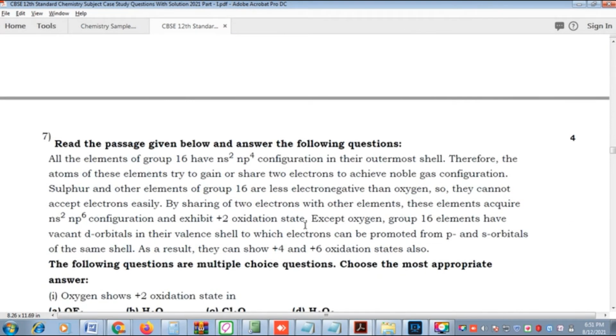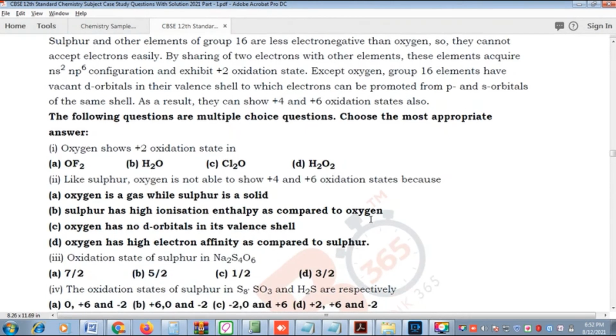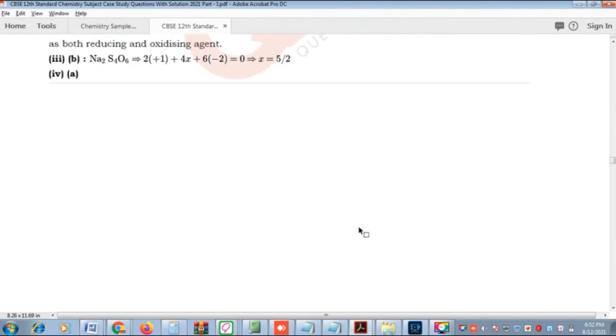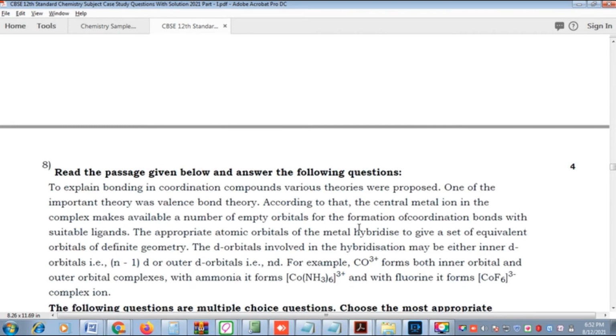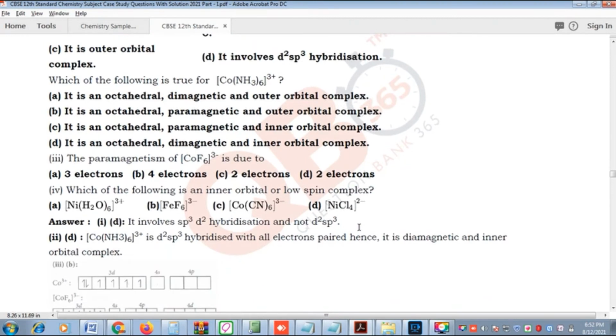So compared to physics and maths, in chemistry they are asking in a paragraph manner. In maths and physics they are asking image-based and equation-based questions. So compared to maths and physics, chemistry is more about understanding. They are asking in a passage-based way, so it's quite easy, though not too easy compared to physics and maths. In that PDF we provide around 15 case study questions with detailed solutions.